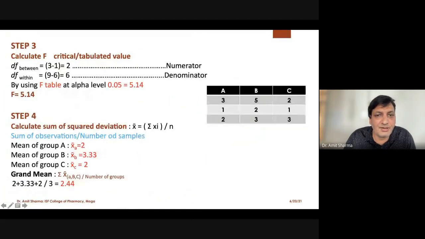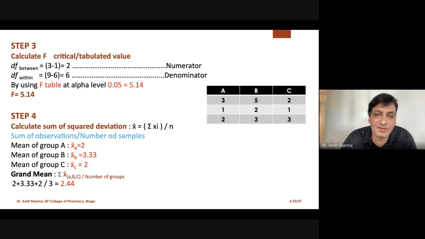So we have got this 5.14 from the table at the alpha level of 0.05. Now here the numerical actually starts from step number 4. Whenever the examiner gives a numerical of ANOVA, the ANOVA numerical has 7 different steps. Till how many steps you have done correctly, the examiner is going to give you marks according to that.